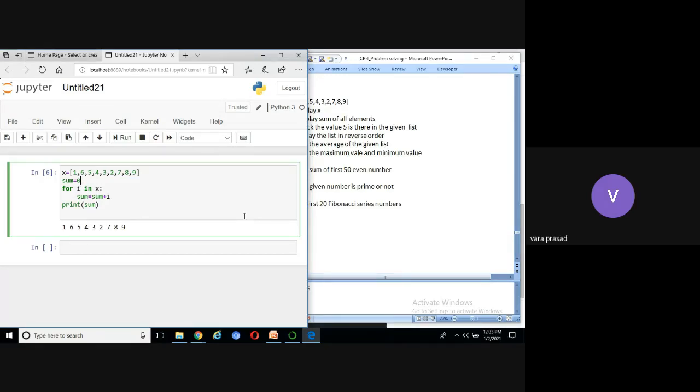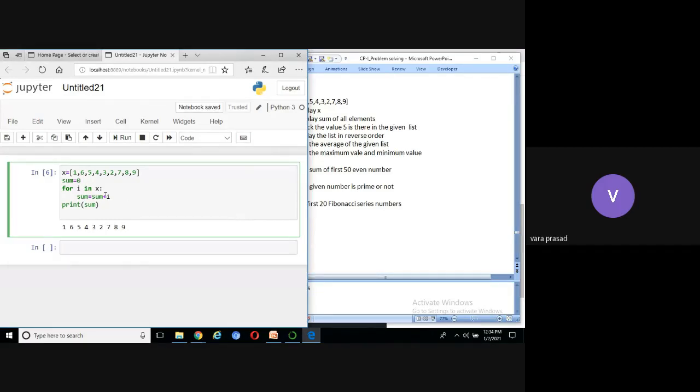If you take C, C++, Java, before calling any variable, you should declare or define. Then only you are allowed to call the variable. But when it comes to Python, before calling any variable, you should declare and initialize. Then only we can call, otherwise it displays the syntax error.